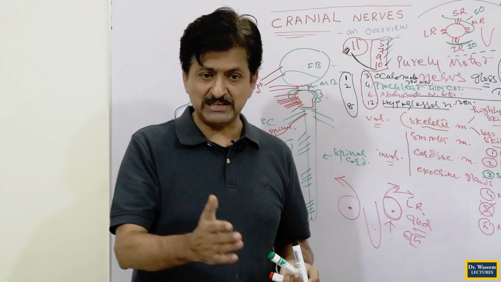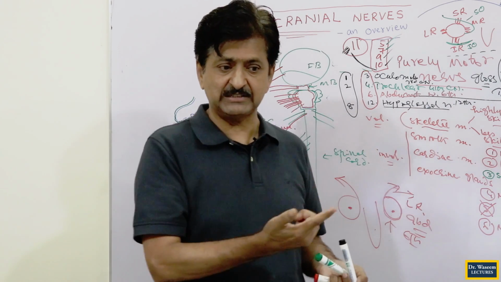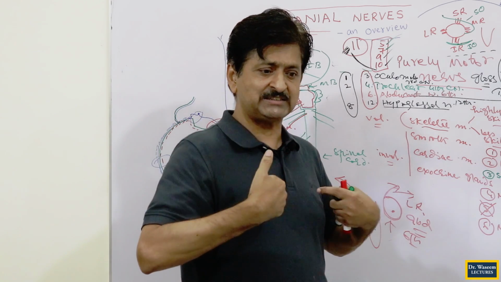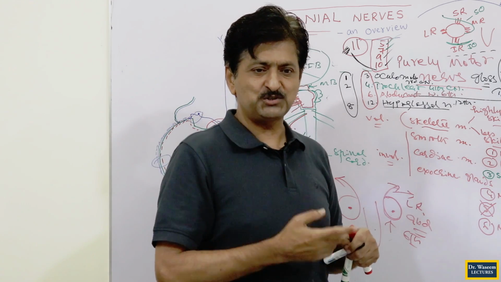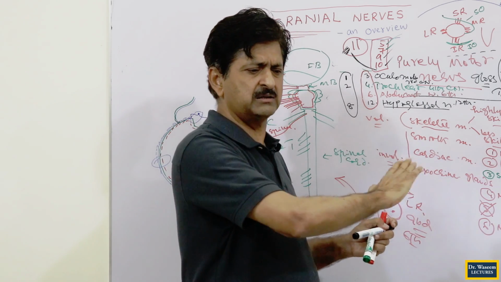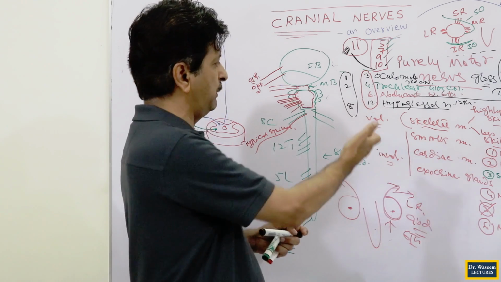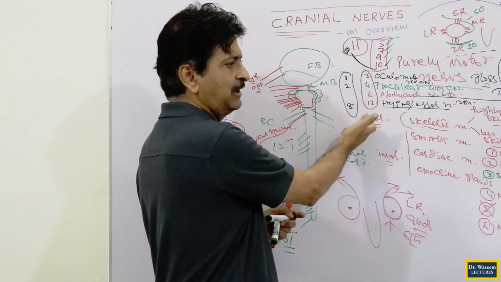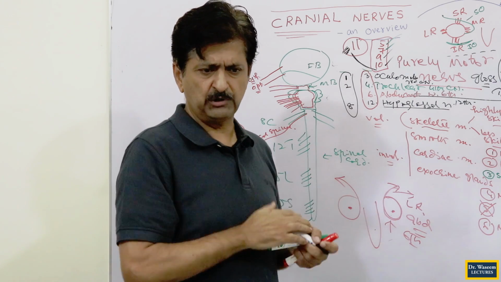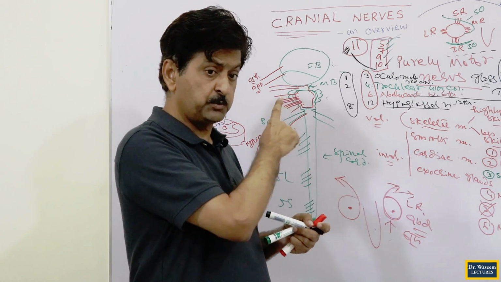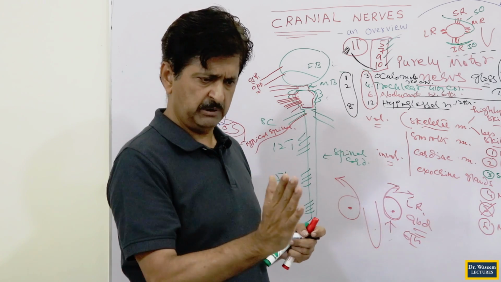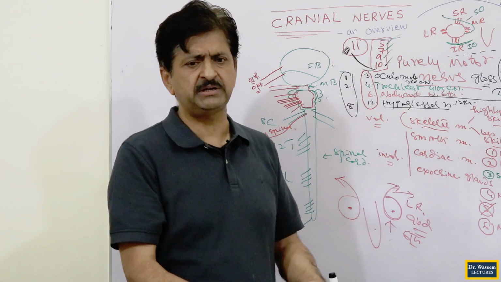So it is not among the purely sensory or purely motor, though it is motor, because it is carrying the fibers of the 10th. But which fibers of the 10th? All the motor fibers of the 10th. And herself, she was also motor. So she can be called a purely motor nerve, but still I will bring it outside here. But if you want to count it among these 3, 4, 6 and 12, you can do it with 11 also. In books it is written all these 5 are the purely motor nerves, but this purely motor is different from those 4 purely motor. That's why I am making some addition. That's why its name is additional.